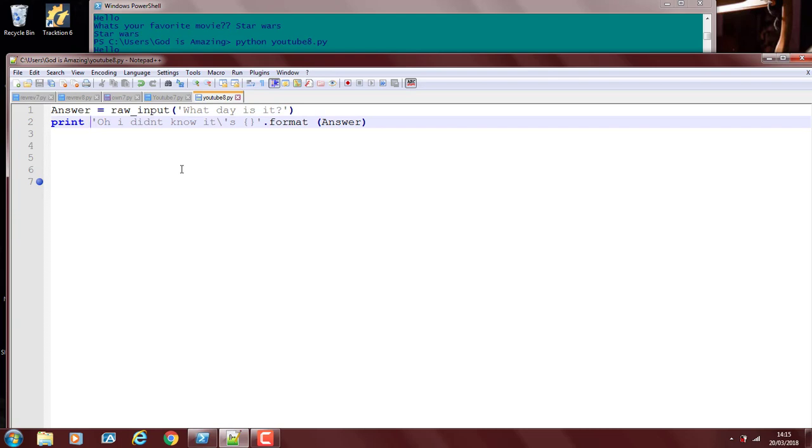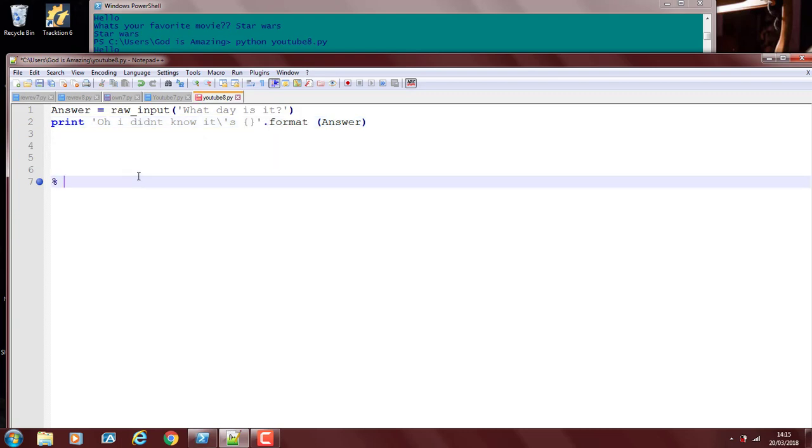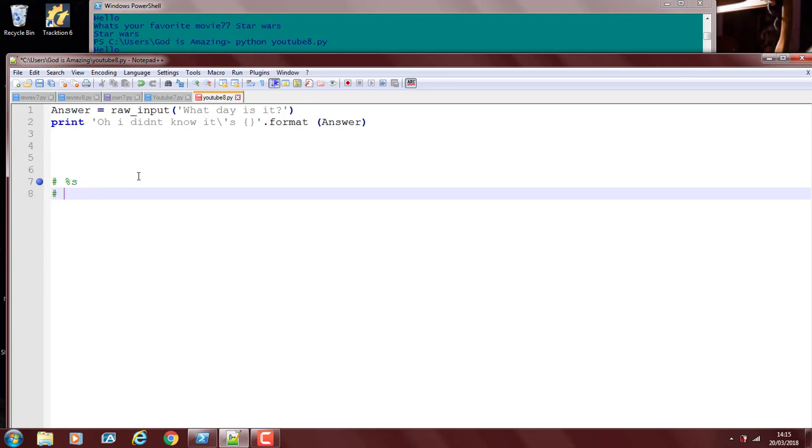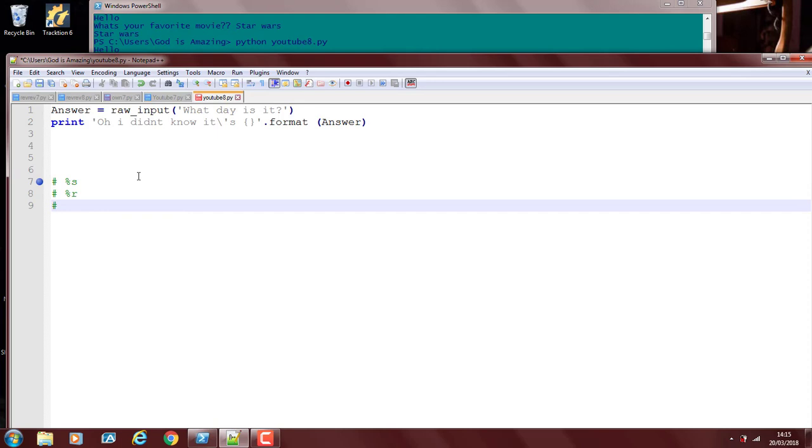And yeah, that's pretty much it for raw input from what I know at this point. So you got the 2 types, right? You got the curly brace formatting, and then you got the percent one we were doing, where you have %s, right? Just the %s, and then you had the %r, and then you had the %d.